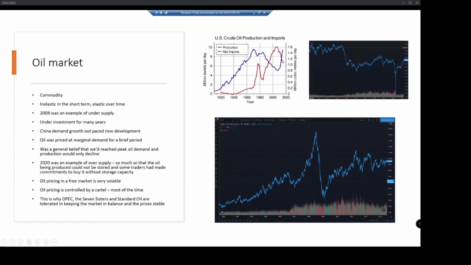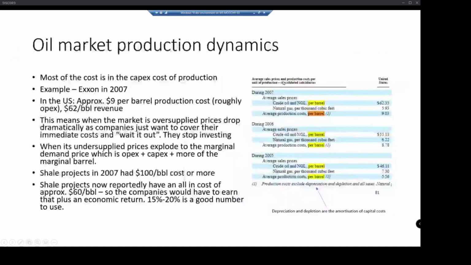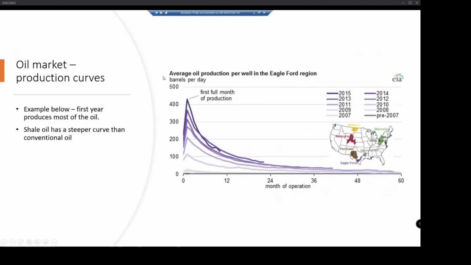Subsequently, you can actually see what happened. That's the net imports. That's production. We don't actually have what happened in 2020, but production in America was roughly at its peak about 13 million barrels a day, and I think it's roughly running at about 10 million at the moment. So it's dropped 3 million barrels, and it's predominantly just due to this effect here, where within 12 months you're down to only 25% of your peak production.